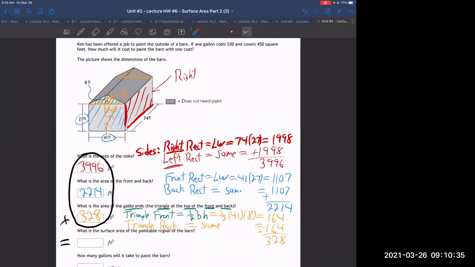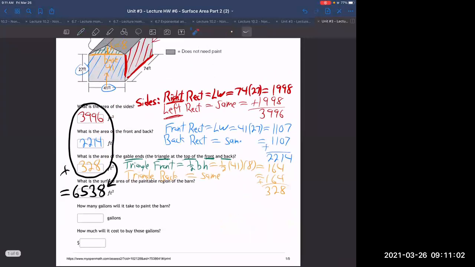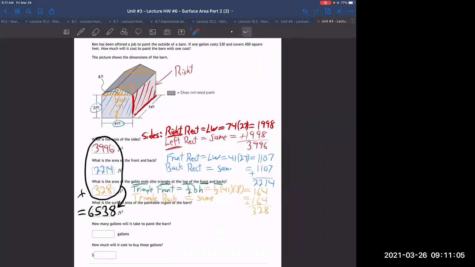They're kind of leading us through it step by step. And let me see, I'm getting 6,538. So put in that answer. Remember, again, they take one answer at a time. So put in that answer now and submit it. It will be right as long as you had already submitted these three and made sure they were all right. It'll all be good. And then now they're going to ask, how many gallons will it take to paint the